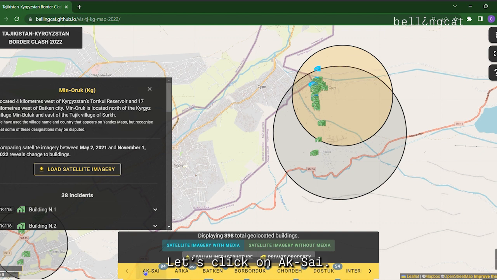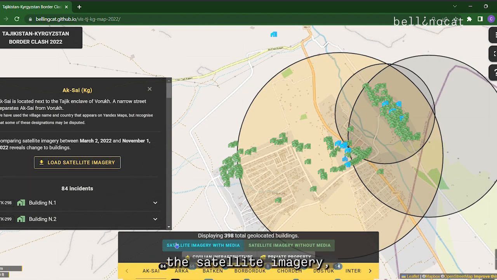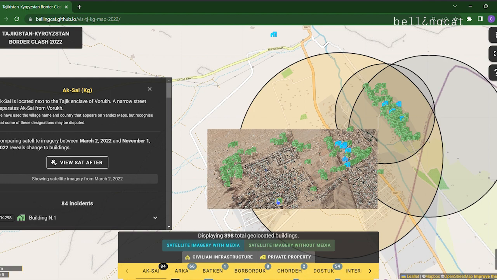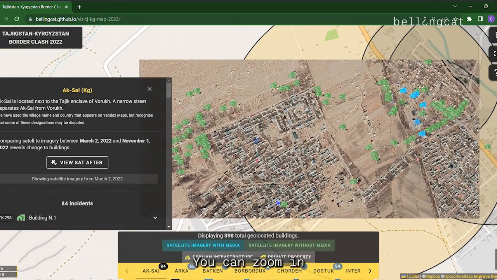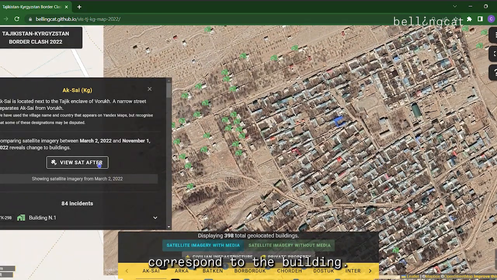Next, you can either zoom into any village, or you can click a village from the bottom row. Let's click on Aksai. In order to see the satellite imagery, click Load Satellite Imagery, and it will take a few seconds. You can zoom in and see that all of these building icons correspond to a building.